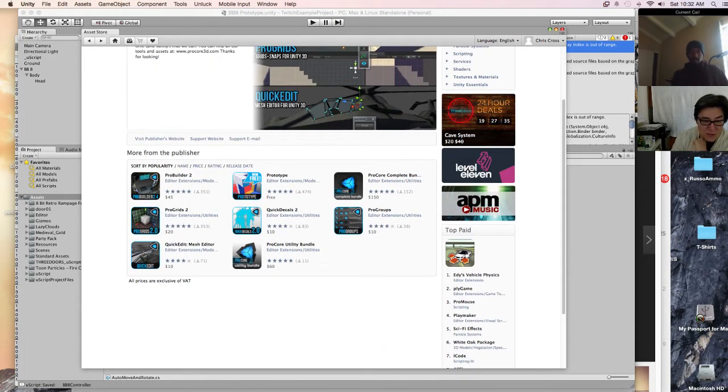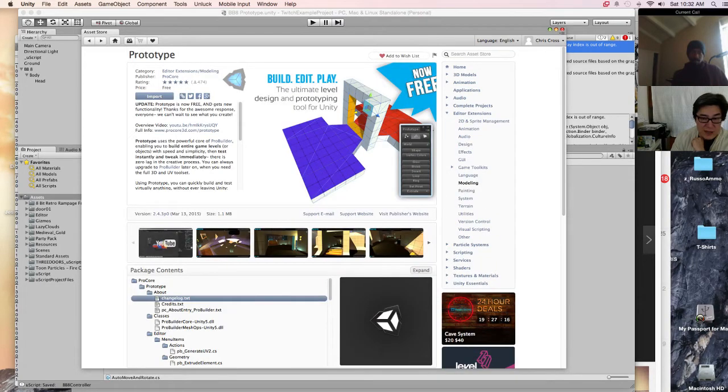Prototype allows you to make proto 3D objects, right? Pro Builder, and I have Pro. I don't remember what I have, but I've got a couple of these, right? But this is the complete bundle, $150. But you can try the prototype one, which is what I had in there, and you can build all these proto bits and pieces.